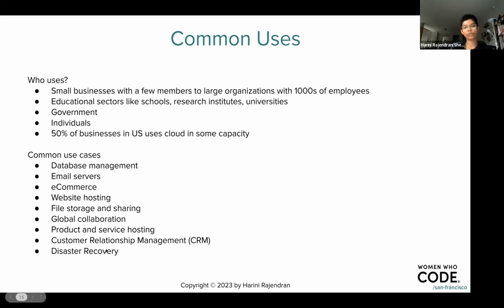And as I mentioned, it's also used in disaster recovery use cases where you host everything on-prem and then use cloud as a backup, or even in cloud, you store two replicas, or you have the primary one in one region, and then for disaster recovery, you store the backup in some other region, so that if region one goes down, you have the whole backup up and running in region two. So these are some of the common specific use cases for cloud, and also an example of who all uses cloud these days.